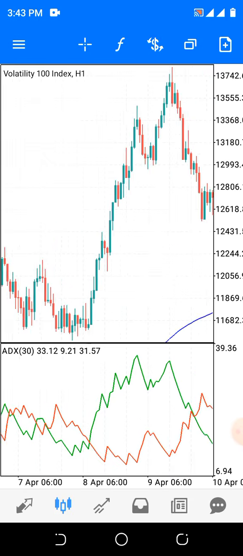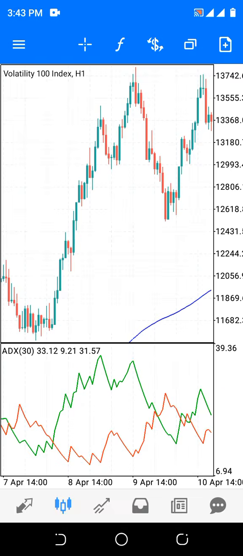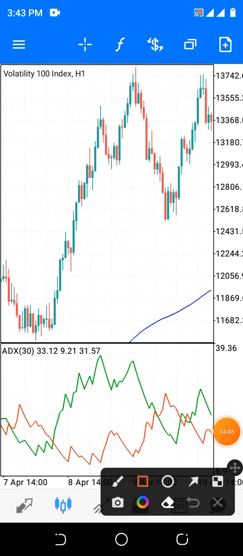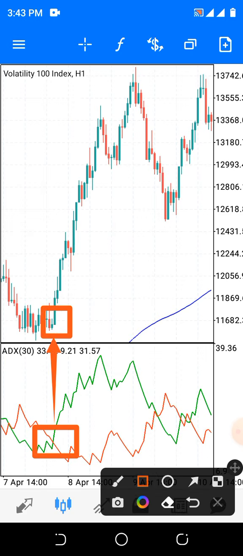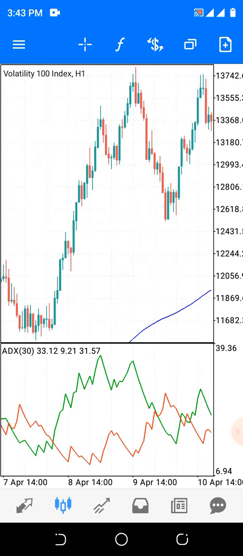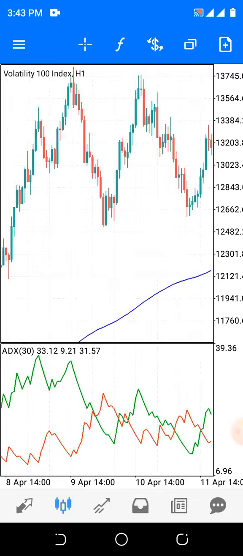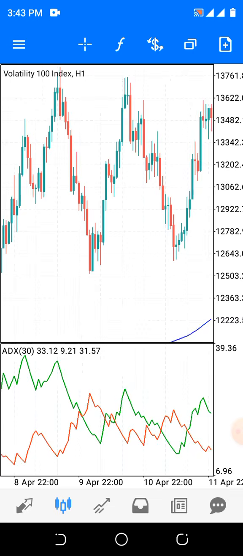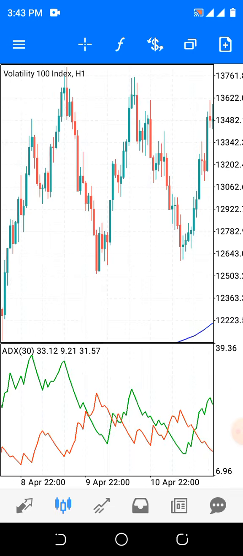Here is another opportunity for you to make a lot of gain. You see this crossing. So this is where you need to make your entry. And here is a lot of gain for you because we are following the trend. The market right now is in a bullish state, so we'll only be looking for buying signals. So this is another opportunity for you here.